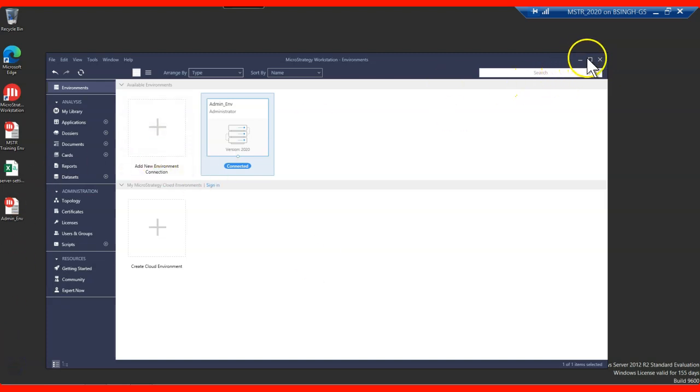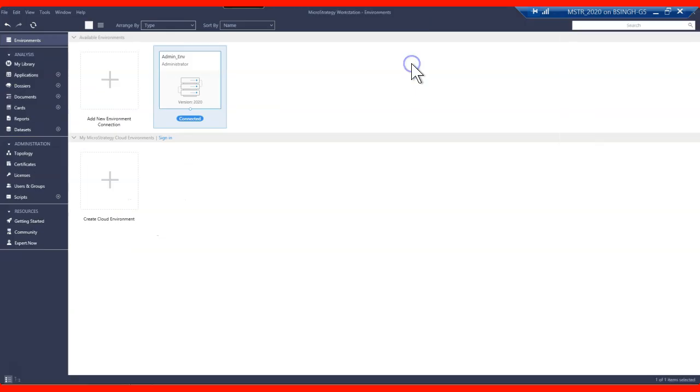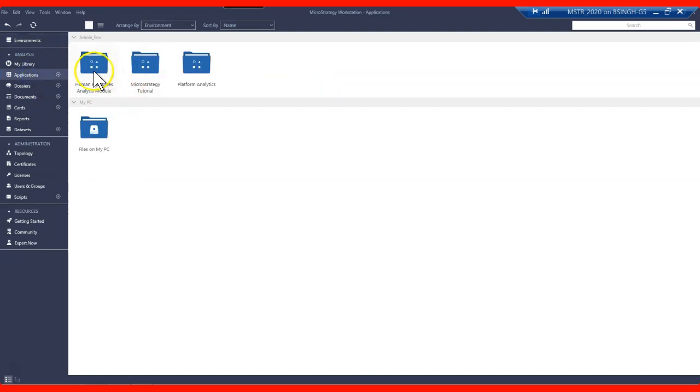So guys, you can also determine a few more things from this workstation, like whether the applications are loading or not, what application is loaded, and what the user engagement with your application is. A lot of things you can get from here. So let's go here, and first let me show you how to modify the application list. Though I have already shown you, let me show you again.